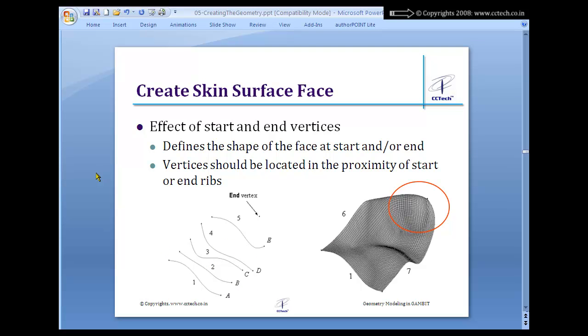There is something called a start vertex and end vertex. What you can do is specify to Gambit that when you create the surface, the end point of that surface will be this end vertex, or the start point of the surface will be the start vertex. For example,